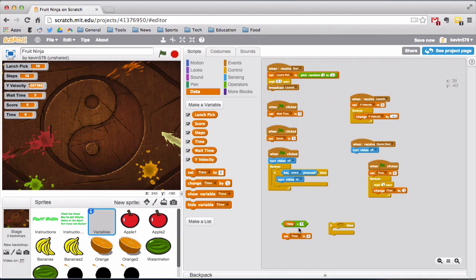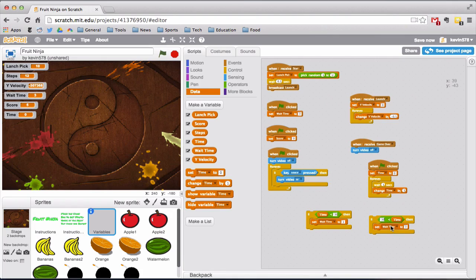If time is less than 15, then we want to set wait time to 3. Actually, let's have it be 30. And if time is greater than 30,